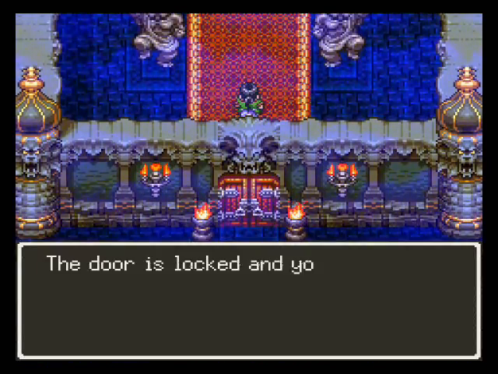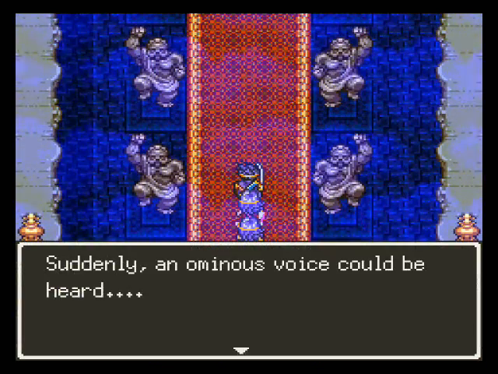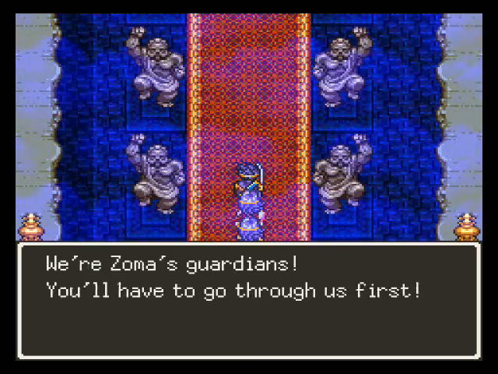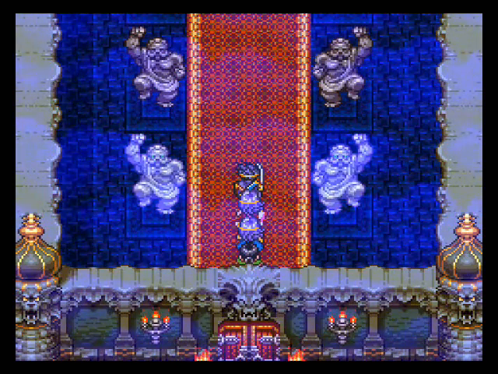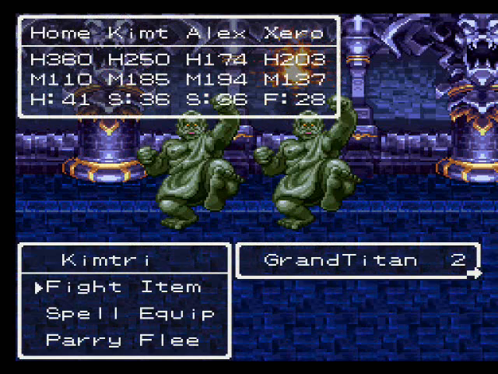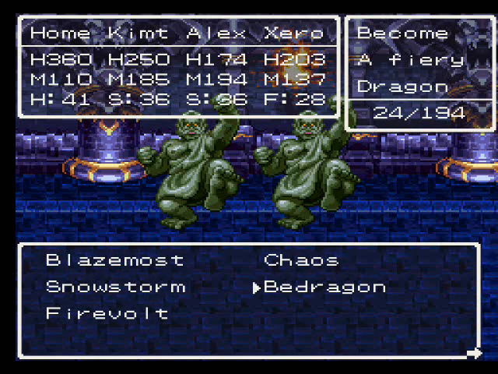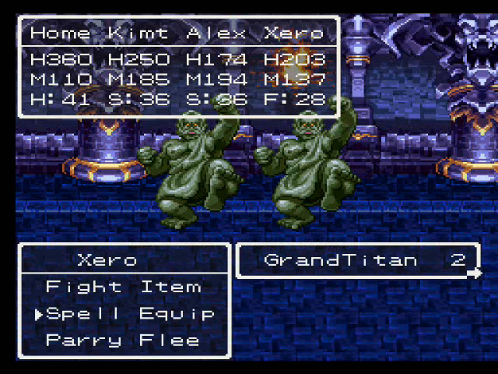Uh-oh. We're locked, and even the final key is not the right key for it. Great. Zoma has bodyguards, and they're Grand Titans. I think I've already covered them once before, but yeah, they're not screwing around. Let's use Snowstorm, and